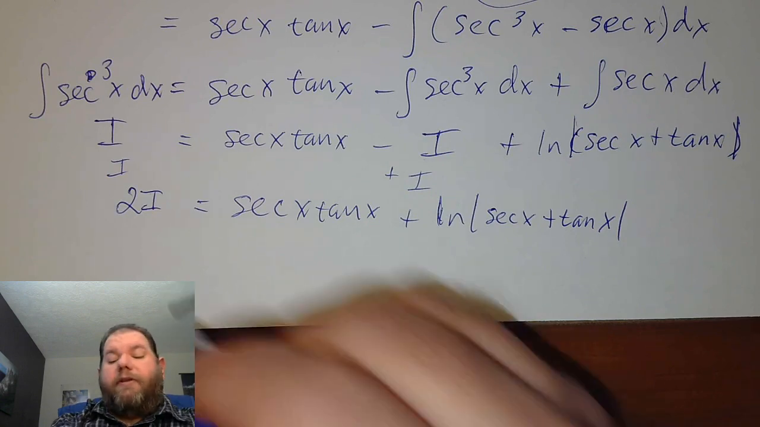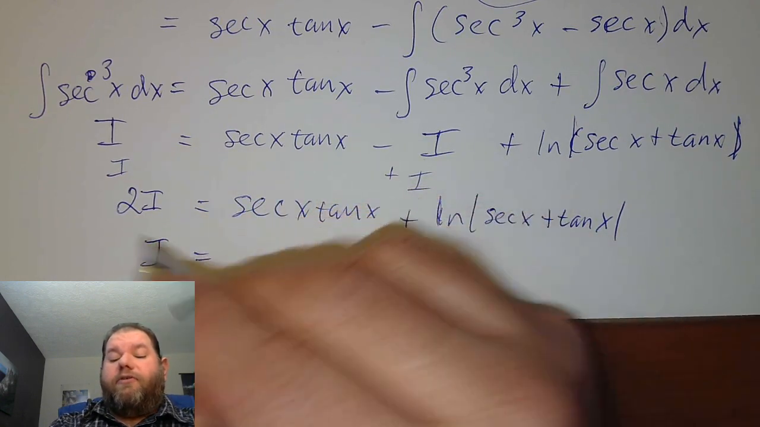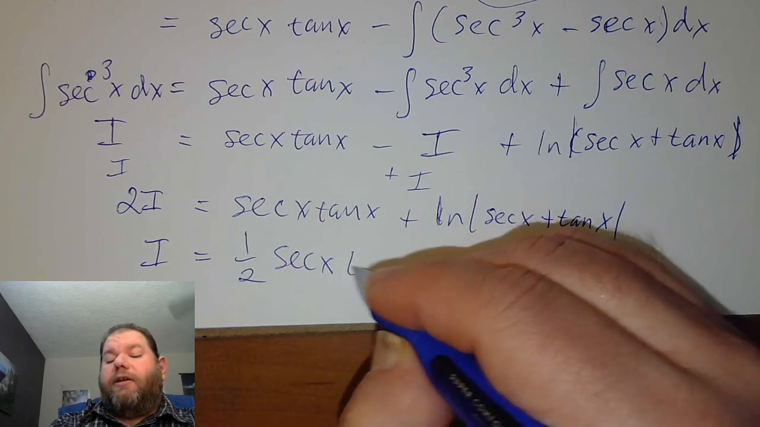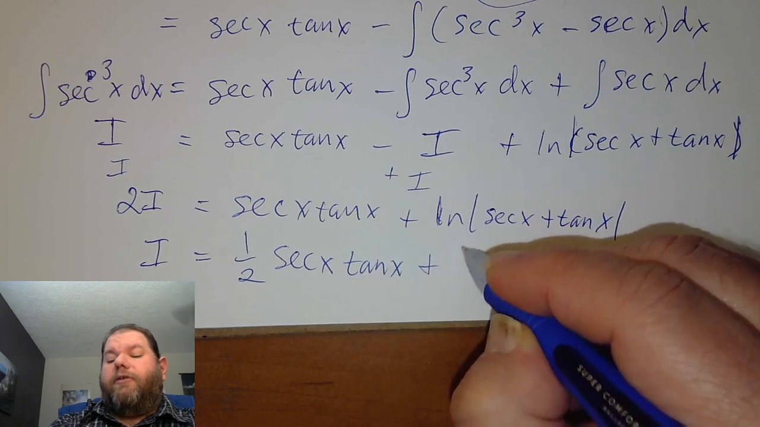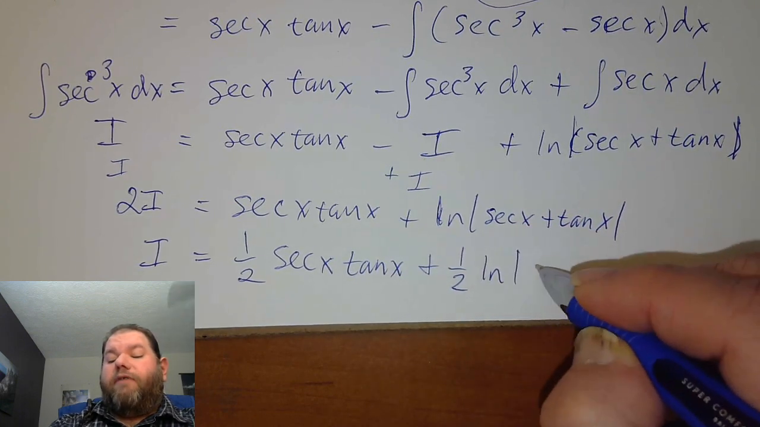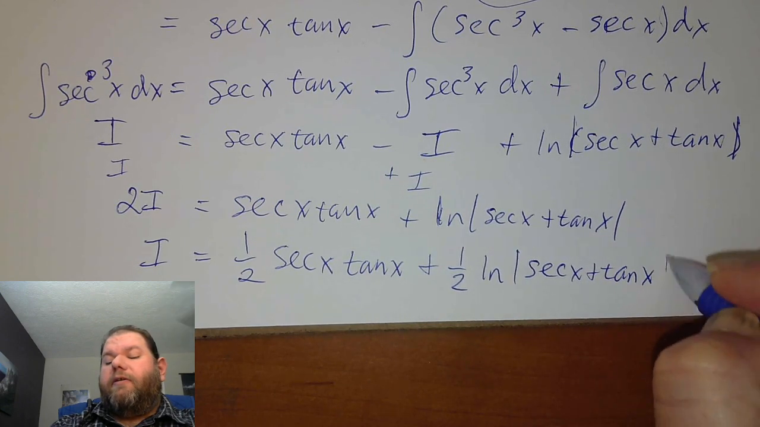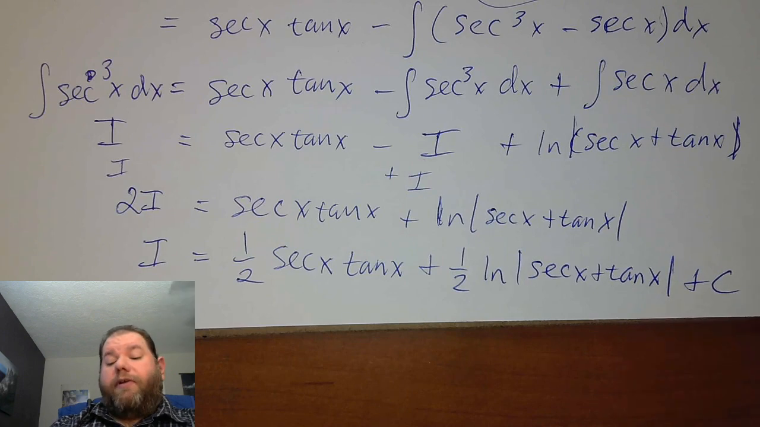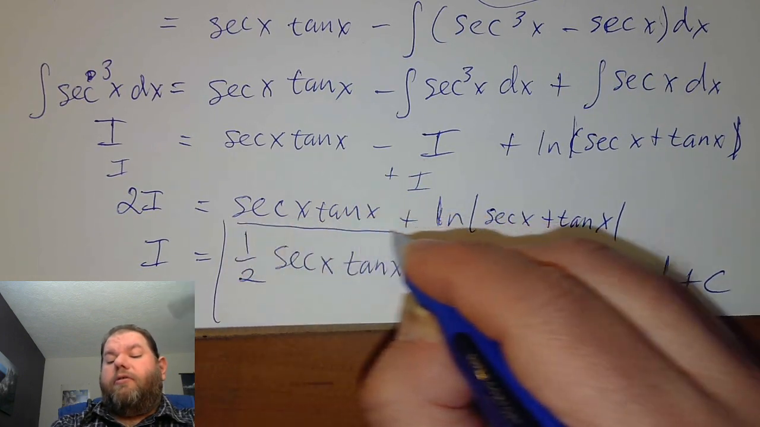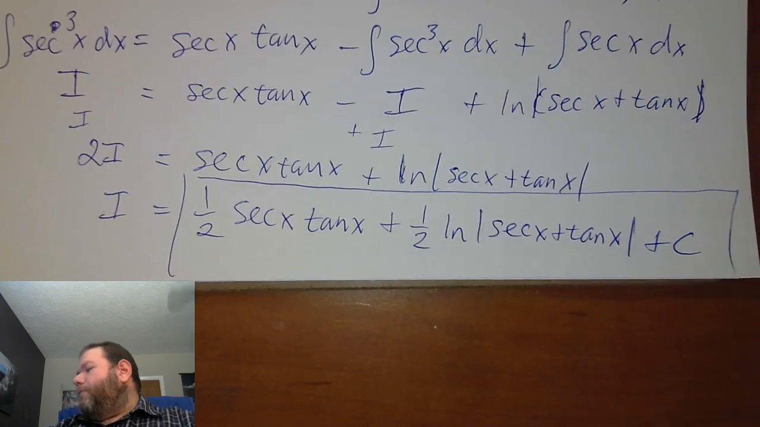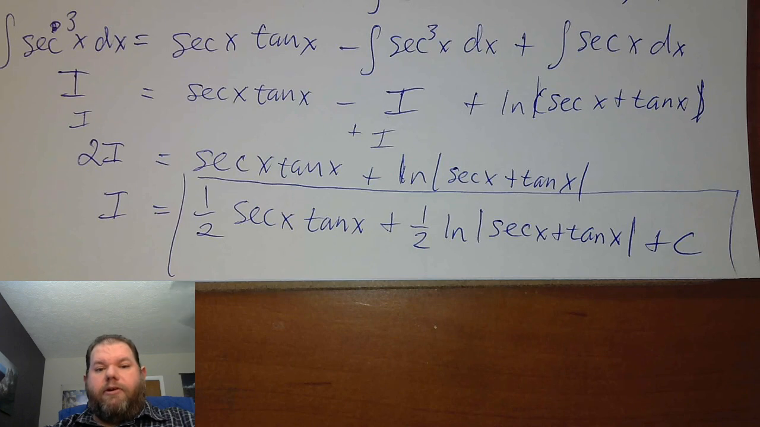Finally, to get I by itself, I is equal to, we should divide by that too. So it's 1/2 secant x tangent x plus 1/2 natural log of absolute value of secant x plus tangent x plus c, so we don't want to forget that. Now that will actually complete our integration because we solve for I, which is our original integral of secant cubed